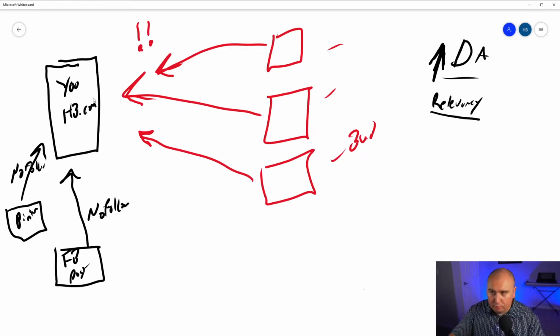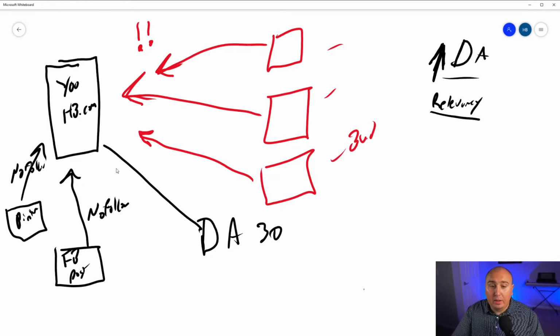And they were like, oh my God. Too many of these can actually drive your domain authority down. Maybe it's currently 30. Too many of these going to your website can drop it down to like a 15 or a 5. Or if you do something really bad, you go on Fiverr, you buy a couple thousand backlinks,